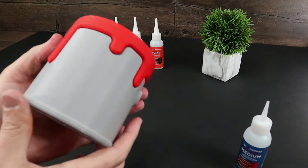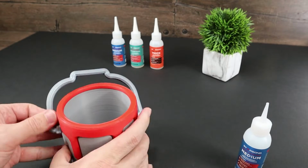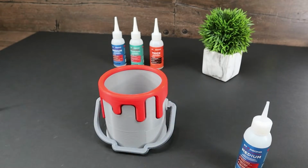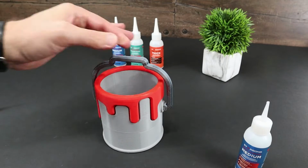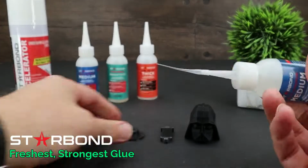And to add a little extra flair, I printed out the model that has a handle. Now it's time to fill this amazing print with pens, pencils, and all your favorite knickknacks and put it out on display. Possibly the best thing about Starbond, besides being one of the freshest, strongest glues you can purchase, is